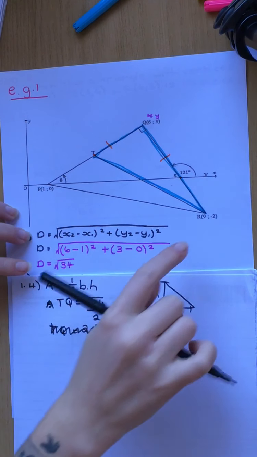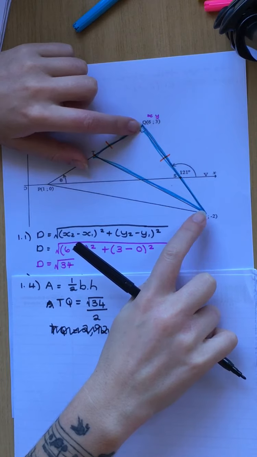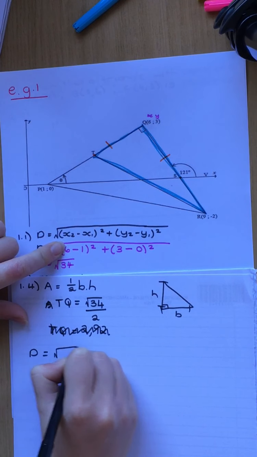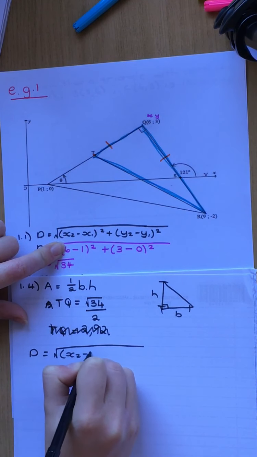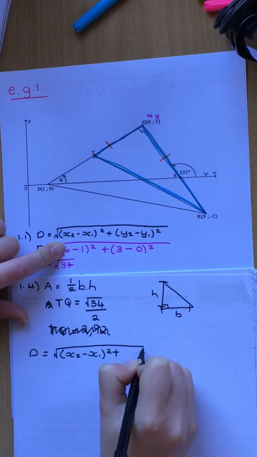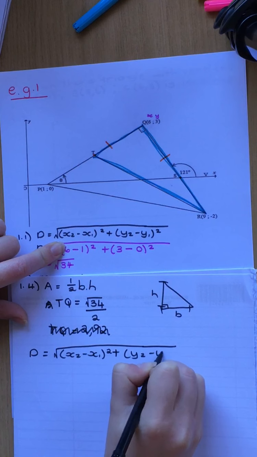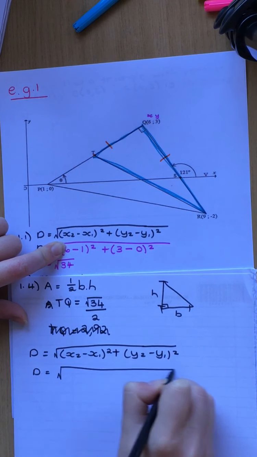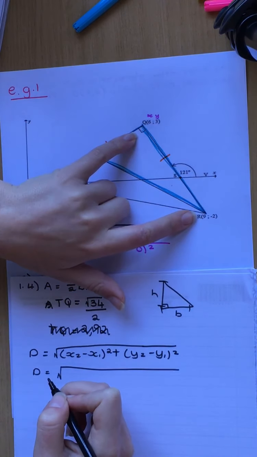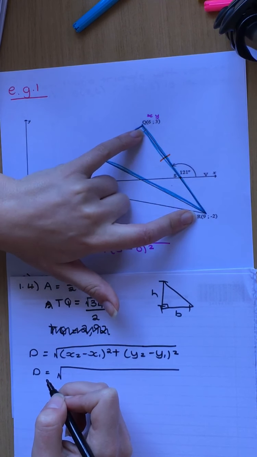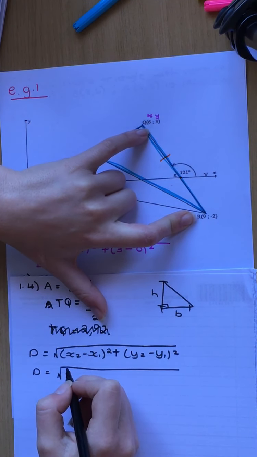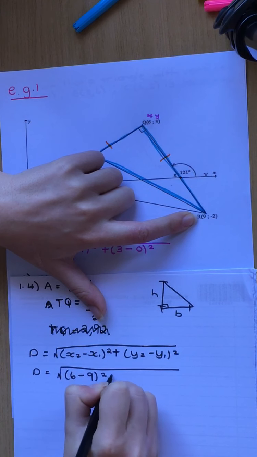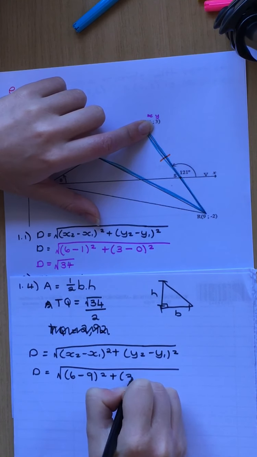Okay, now what do I still need? I still need this distance QR. So I'm going to have to use the distance formula again, which we know is this: x2 minus x1 squared plus y2 minus y1 squared. All right, so let's go and fill in those points. So these are your 2 points because we're looking for the distance between Q and R. So let's say I start with this x as 6. So it'll be 6 minus your other x, 9, squared, plus, go back to this y, 3